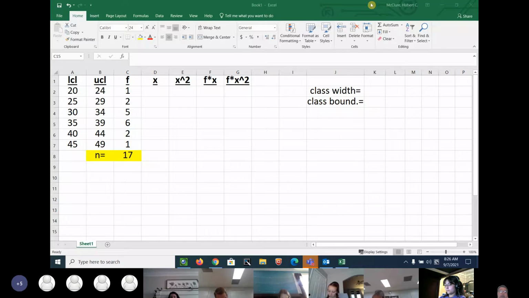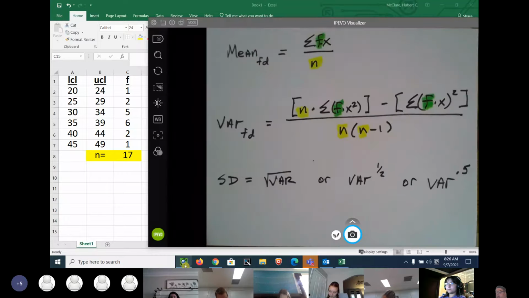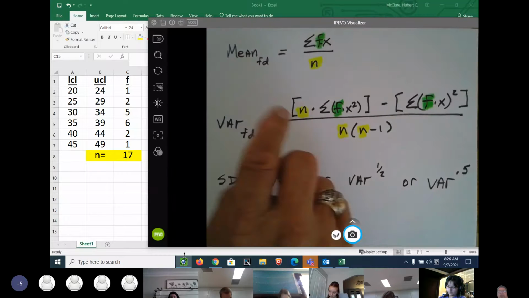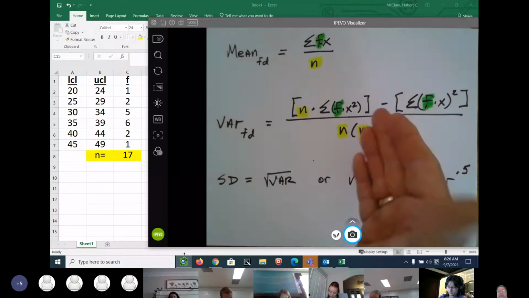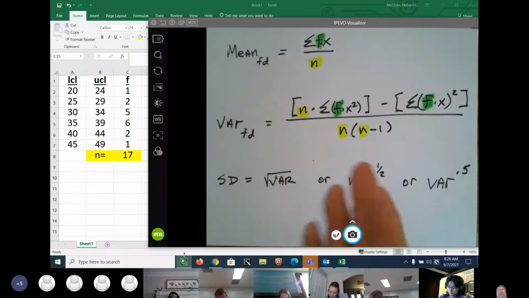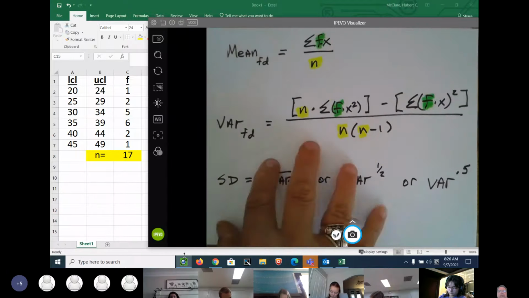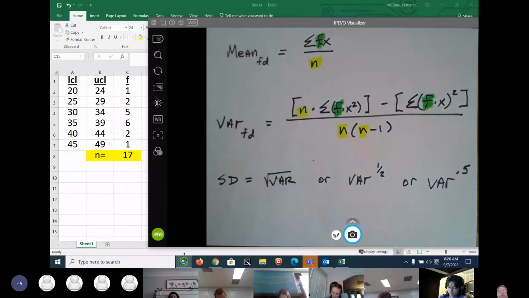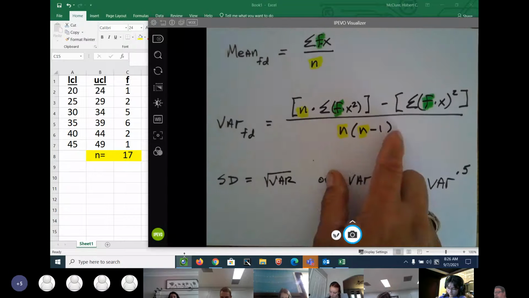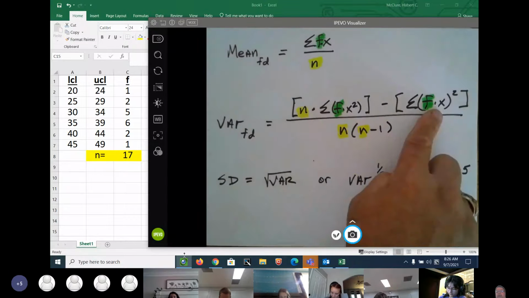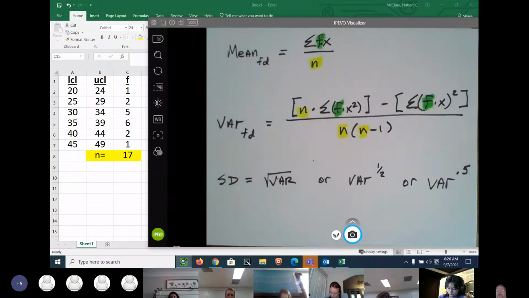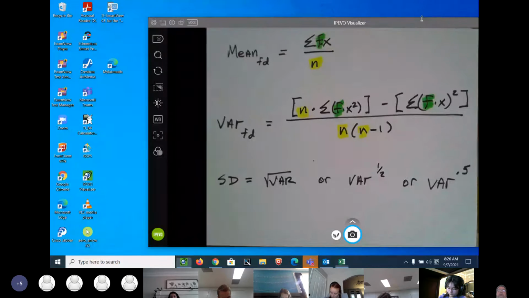So let me go back to my handy dandy spreadsheet. Now, a lot of you are saying, why is he doing all this? Why is he highlighting everything? Because I'm trying to show you the easiest way to do this by hand. That's why you do everything first on the spreadsheet or the calculator or your paper, and then you plug everything in. So now I need X. That's my midpoints.